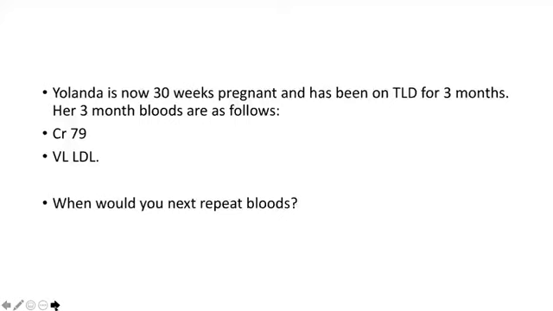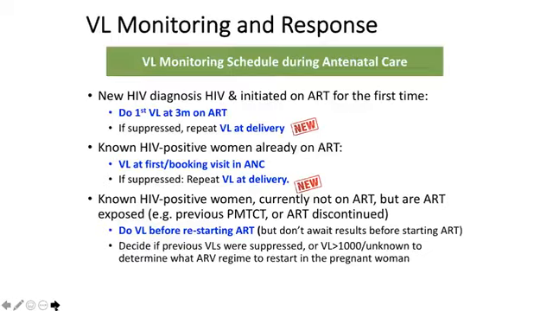So Yolanda is now 30 weeks pregnant, and she's been on TLD for 3 months. Her 3-month bloods are VL, LDL, and a creatinine of 79. Okay, so now when are we going to repeat these bloods again? Okay, so the guidelines now say, if you can turn to the next slide, please, that